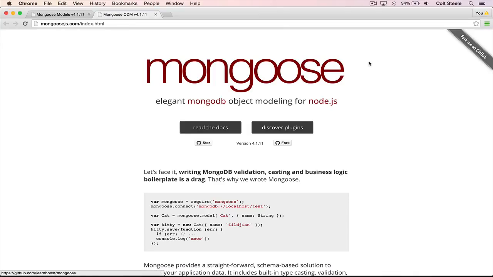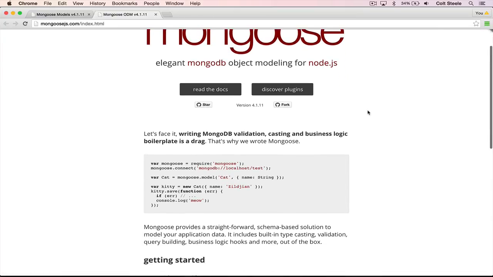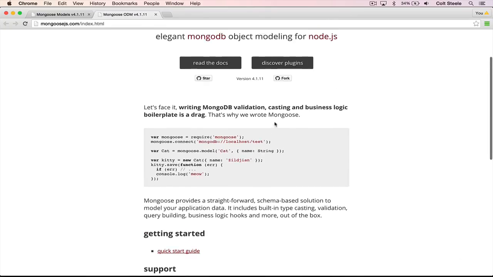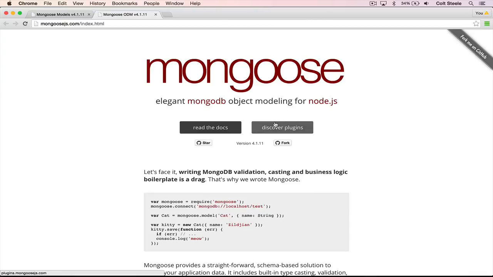So I have the official homepage open. It says that Mongoose is an elegant MongoDB object modeling for Node.js. Okay, let's read a little bit more. Mongoose provides a straightforward schema-based solution to model your application data. It includes built-in typecasting, validation, query building, business logic hooks, and more out of the box. So I think this would make more sense to a seasoned developer, but what it really means is that Mongoose is a tool, it's a package that we're going to download with NPM that helps us interact with MongoDB inside